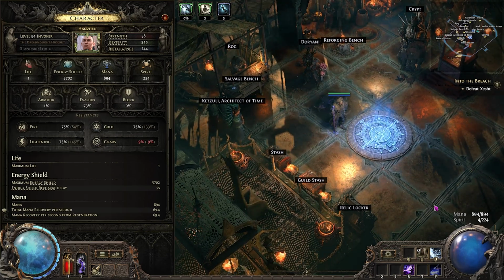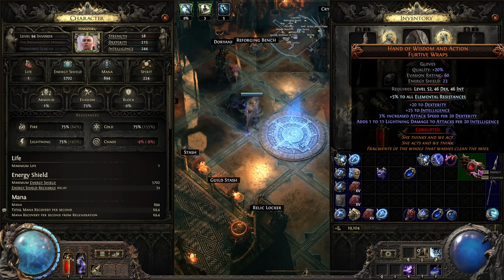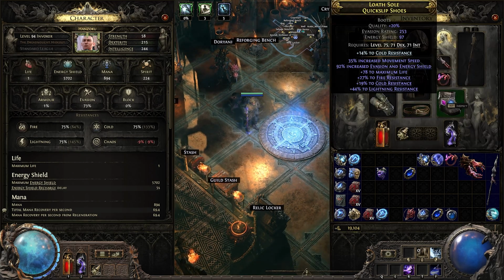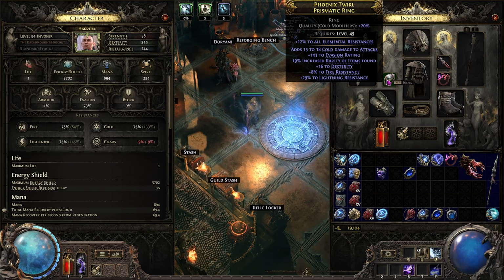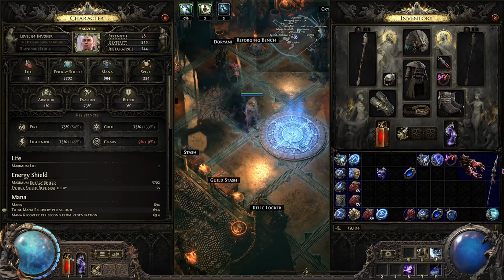I am testing this on a standard league, but I have removed HoWa. I have removed Ingenuity belt. I have put my breach ring at 40%. Okay, and I'm using a normal ring, which is a prismatic ring. Again, this is all end game gear, but it is showing the possibility of what the Monk can actually do